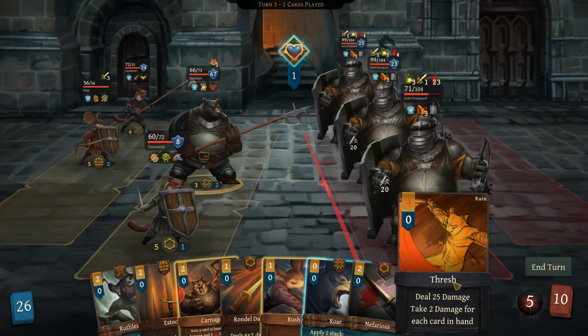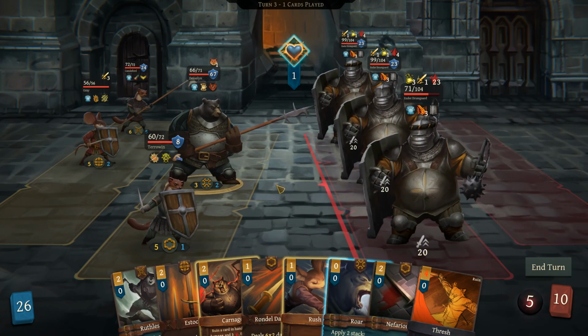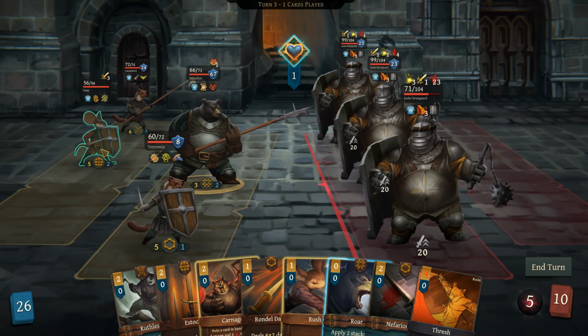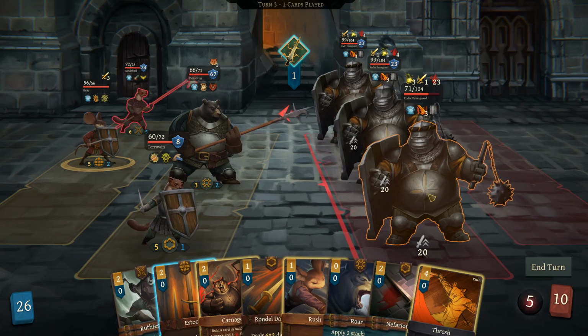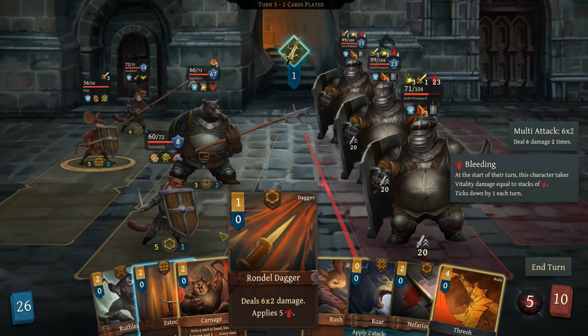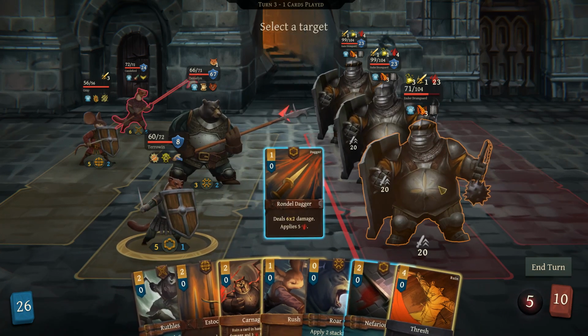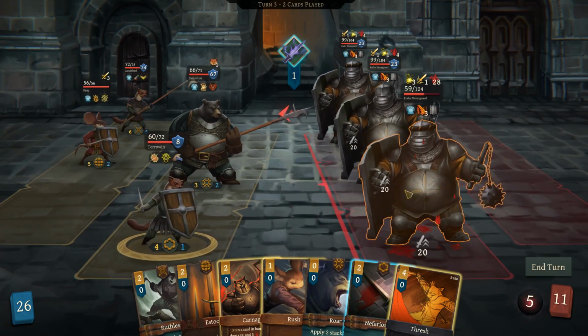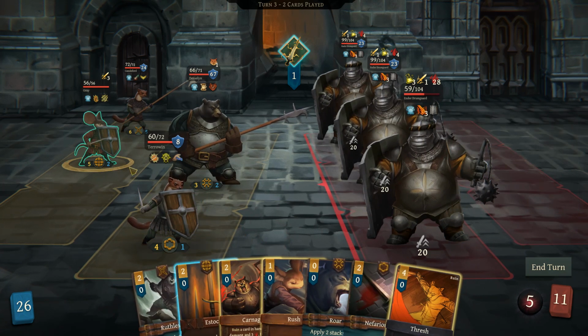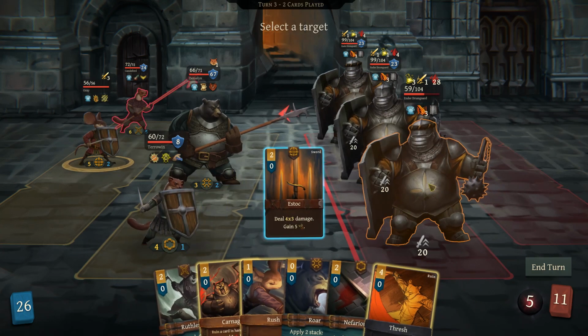Okay, so we don't have great stuff here. We can lay some stacks of Overwhelm down on somebody. I'm hopeful that we can kill this guy without needing the Overwhelm, since he's got so much bleed on him already. So we probably want to hold off on the Overwhelm until we know for sure. Let's do that. Need to get like one or two more cards out of my hand here. The Estoc was a pretty good draw, although